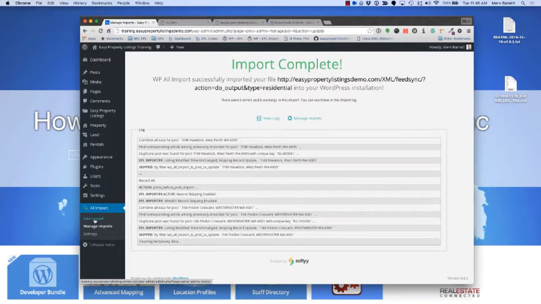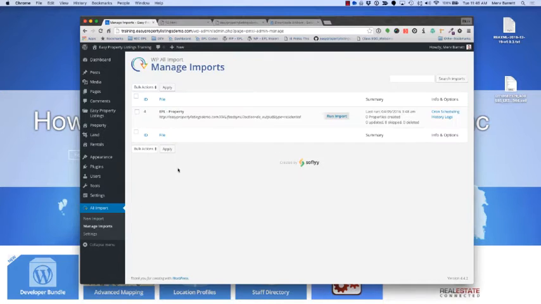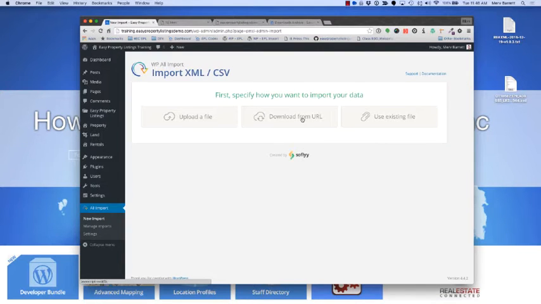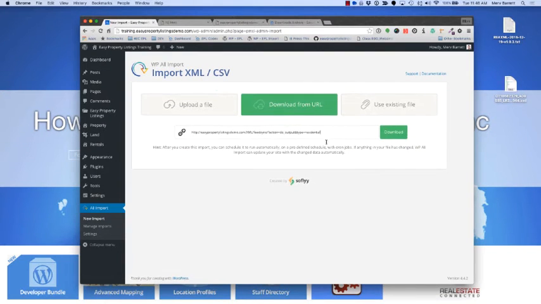So let's go ahead and create another import, but we'll do this for rentals. Now, oftentimes a lot of residential or real estate offices have rentals, residential, and land REA XML post types. You can only set up an import if there are actually listings present in your XML file. So I'm just going to copy this URL. We're just going to change the residential to rental on the next import. So I'm just going to New Import, and we're going to paste that URL, and we're going to type